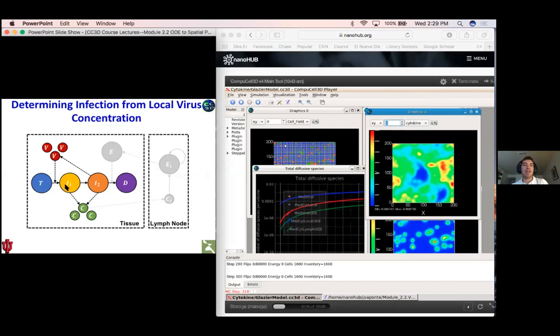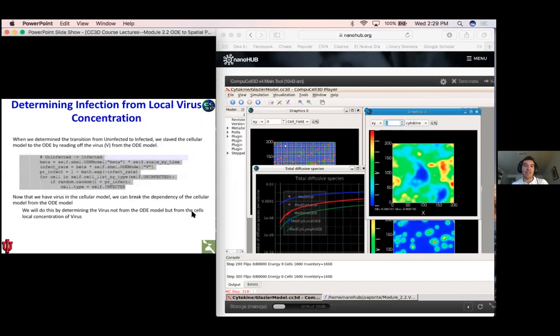be determined by the local concentration of virus rather than by the ODEs. So this is a refresher of what we did last time when we determined the transition from uninfected to infected. We slaved the cellular model to the ODE by reading off the virus V from the ODE model here. I am not going to code this version. I'll show you how to load it, which is already coded, and then you can walk through